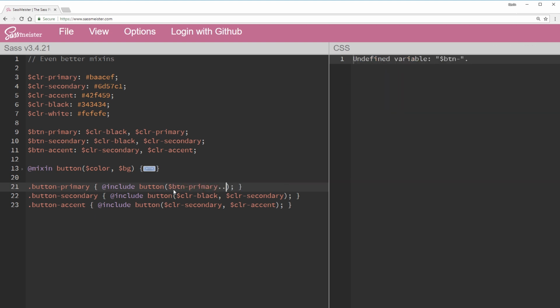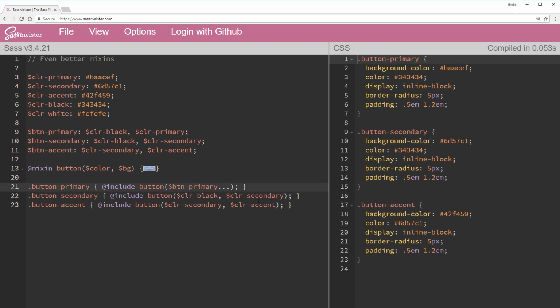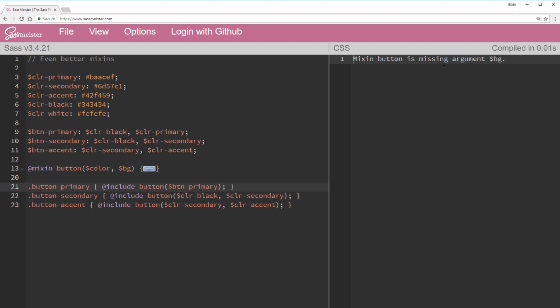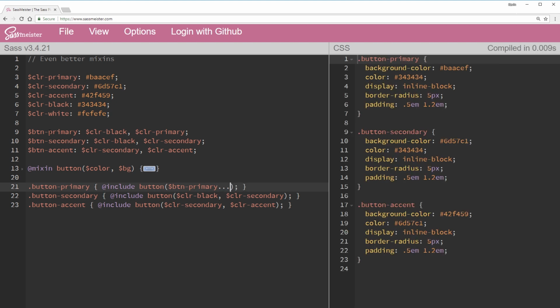primary... This isn't going to work if I just do button primary like this. You can even see it's missing an argument of bg. Because if I'm just writing button primary, it's going to take this whole thing and try putting it in as my color. By putting the ... it means, oh, I can look at the different things that are in that list now and actually use them as my different arguments. So here,